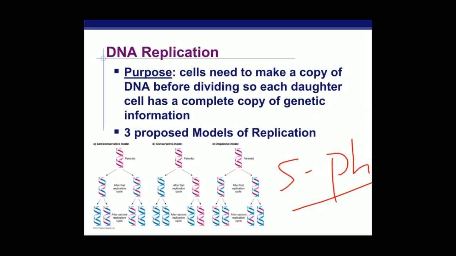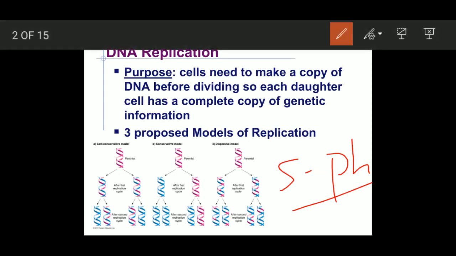And let's see what the models of DNA replication were. These are, as you can clearly see, the semi-conservative model, conservative model and dispersive model. In the semi-conservative model, DNA strands are formed with 50% parental strand and 50% newly synthesized strand. That is, the double-stranded DNA formed has one strand of parental DNA and another strand of newly formed DNA. So this is the idea here, guys.